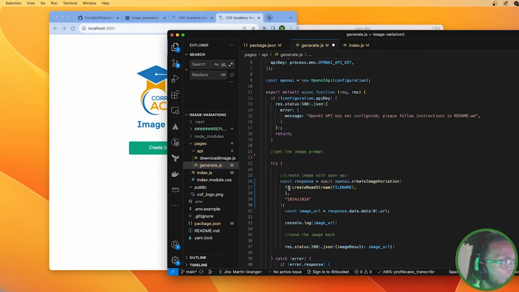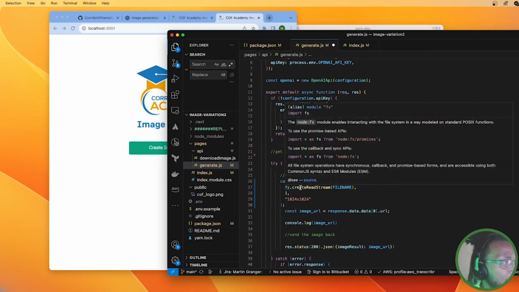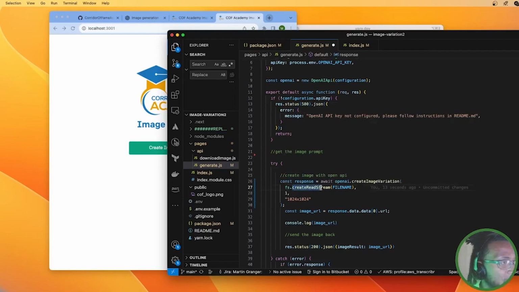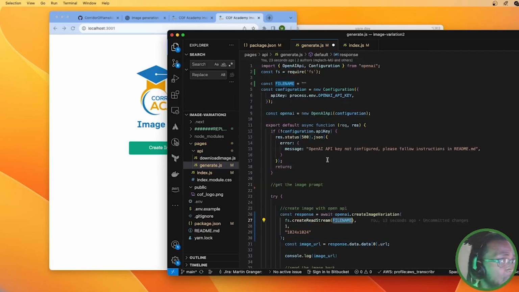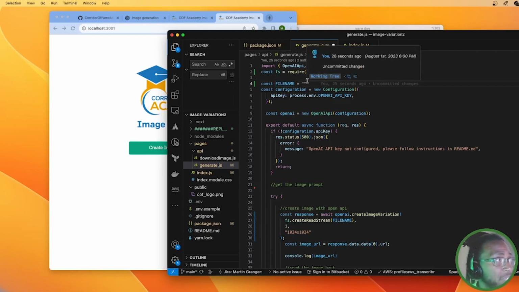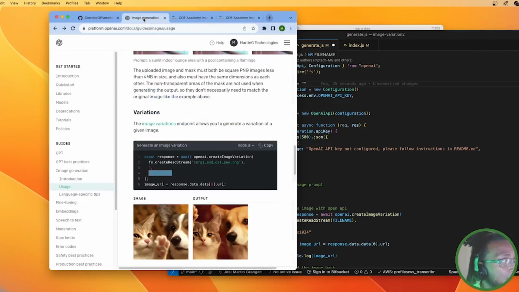You can read the documentation for that, but essentially what this is going to do is create a read stream. For whatever file you give it, you're going to give it the path to the file, and it's going to read that file. So this should be an image file here. What we're going to do is make sure that we are providing a full path to an actual image file. And I'm going to go back real quick to the